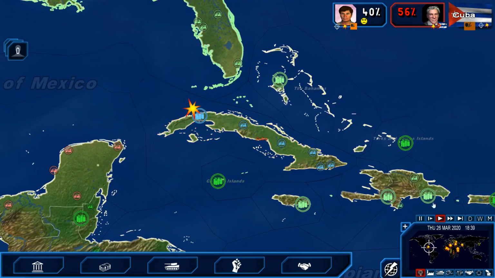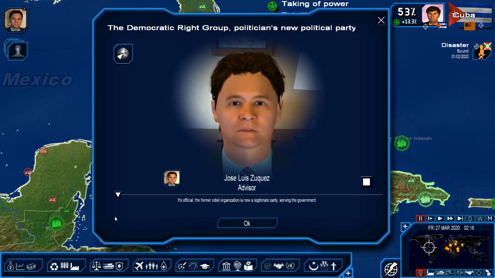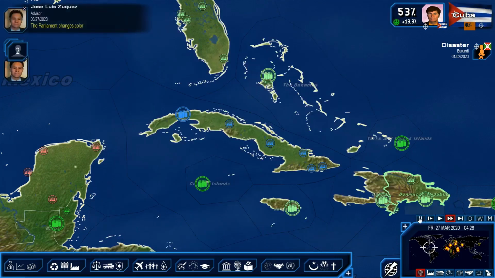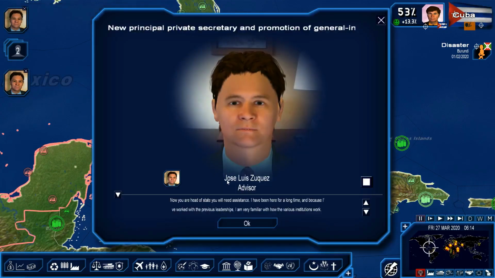So, any moment, I guess. Probably the 27th. Yes. The former rebel organization is now a legitimate party, serving the government. Gracias, amigo. Pause right there. Now you are head of state and...